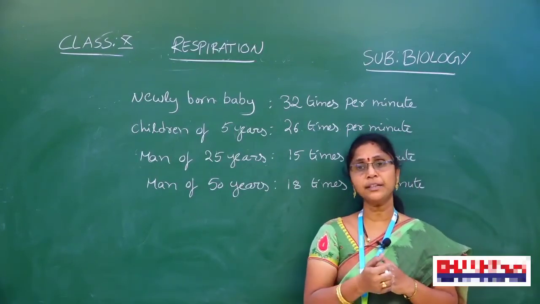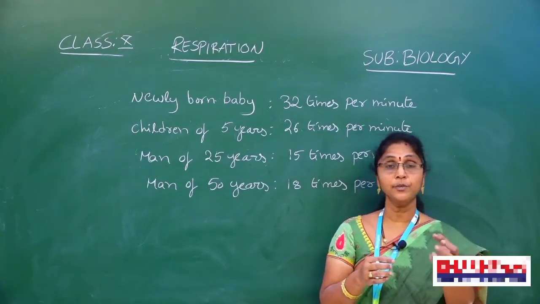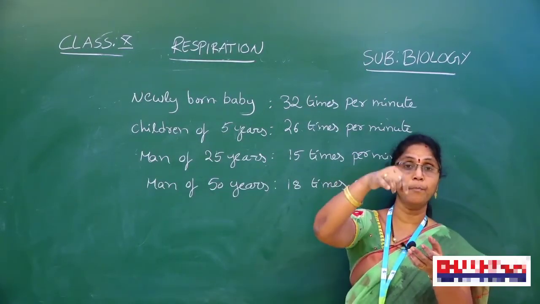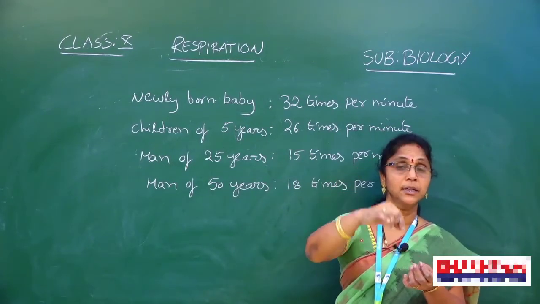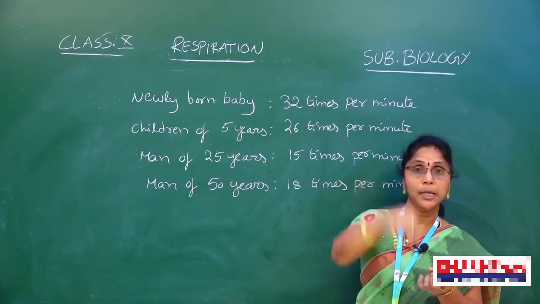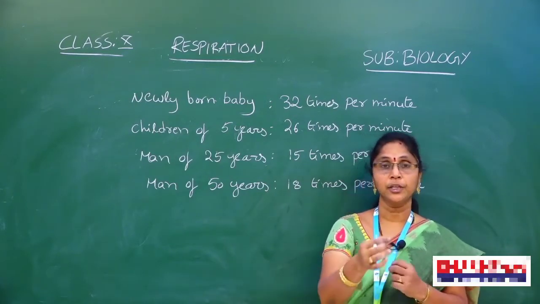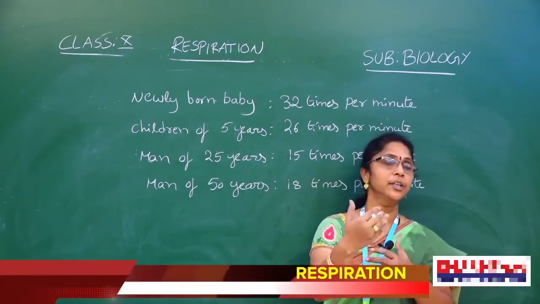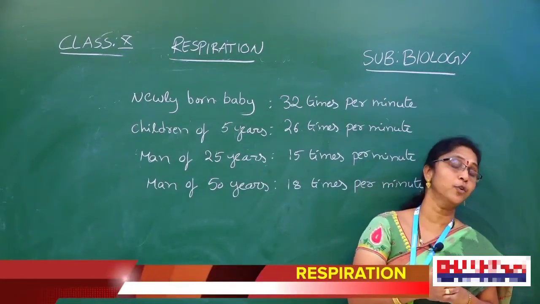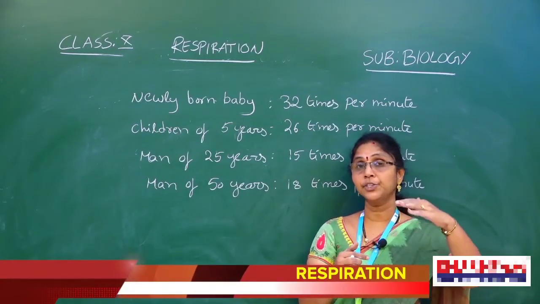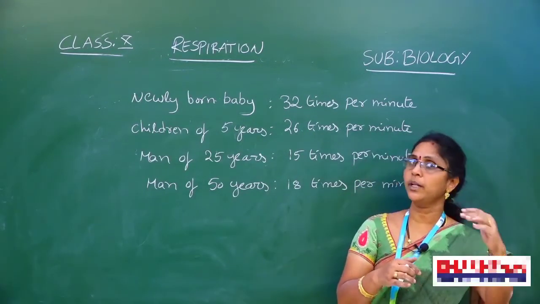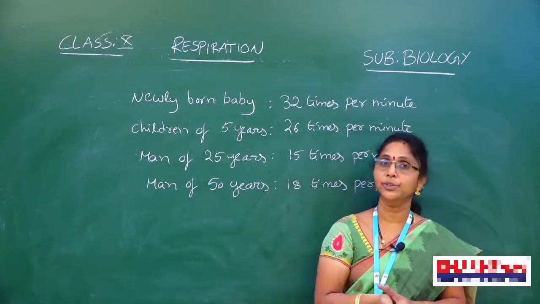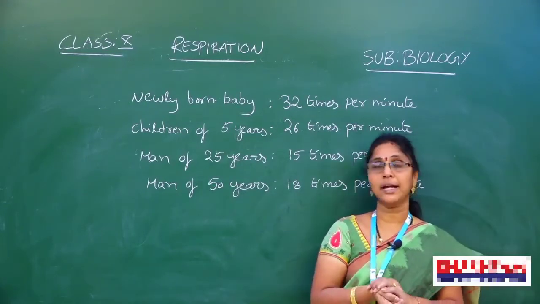Now we conducted one more activity with the same apparatus, but here we use a thermometer. The lid is removed, the thermometer is inserted through the cork, and the bulb is dipped into the germinating seeds. We record the initial temperature, then note it every 2 hours. Within 24 hours, the temperature gradually rises. It is not constant. What do you find here? Heat is liberated during respiration. So we conducted these activities.